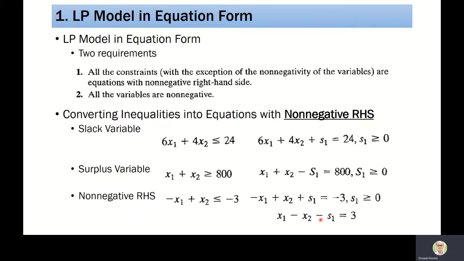So we can understand that the slack and surplus variables are both of the same type. Based on the constraint, if it is a smaller than type with a non-negative right hand side, we add a slack variable. When the constraint is a greater than type with a non-negative right hand side, we subtract the similar kind of variable, which we call sometimes a slack variable and sometimes a surplus variable.